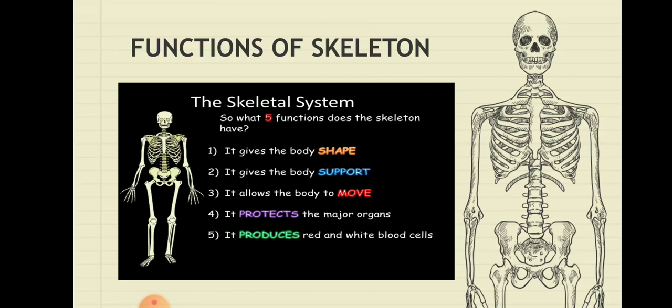So you all know that the human skeleton consists of 206 bones, and we have even seen that a younger kid has more bones, but as they grow up, these bones get fused and the number finally comes to 206 bones. The parts of the skeleton we'll see in the further slides or the coming part of the chapter.